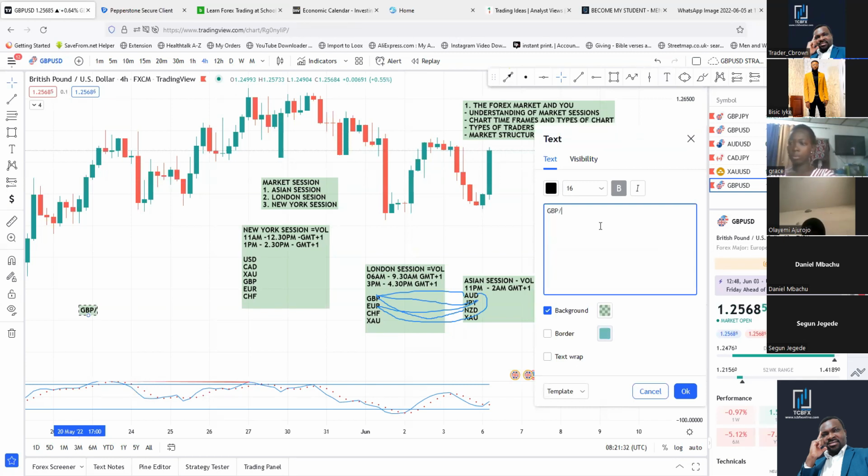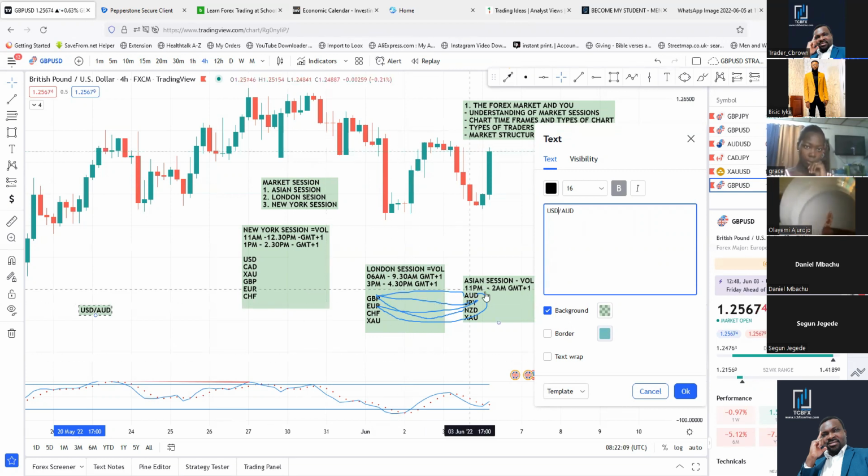I don't need two strong currency pairs. I will find it difficult to trade. So I would choose this. I said, okay, I'm going to trade this currency pair in the London section. Why? Because AUD is weak in the London section. GBP is strong in the London section. If I go and pick USD, USD AUD, come on, what's that? I will struggle trying to trade this currency pair in the London section. Can you imagine that? It doesn't make sense.